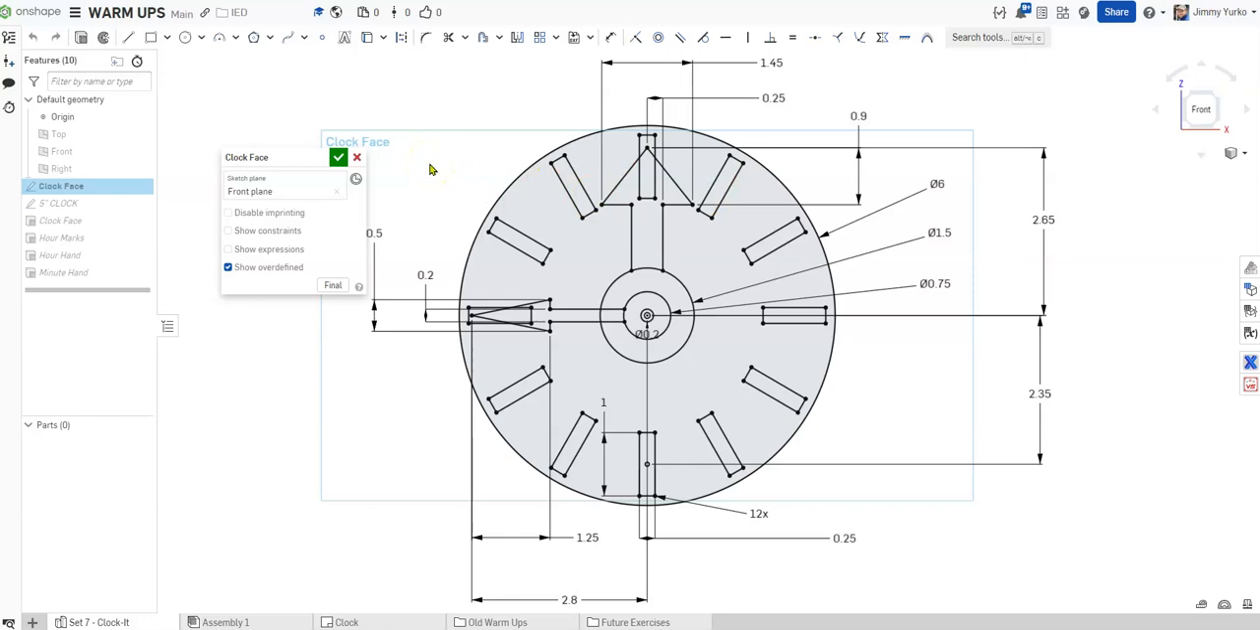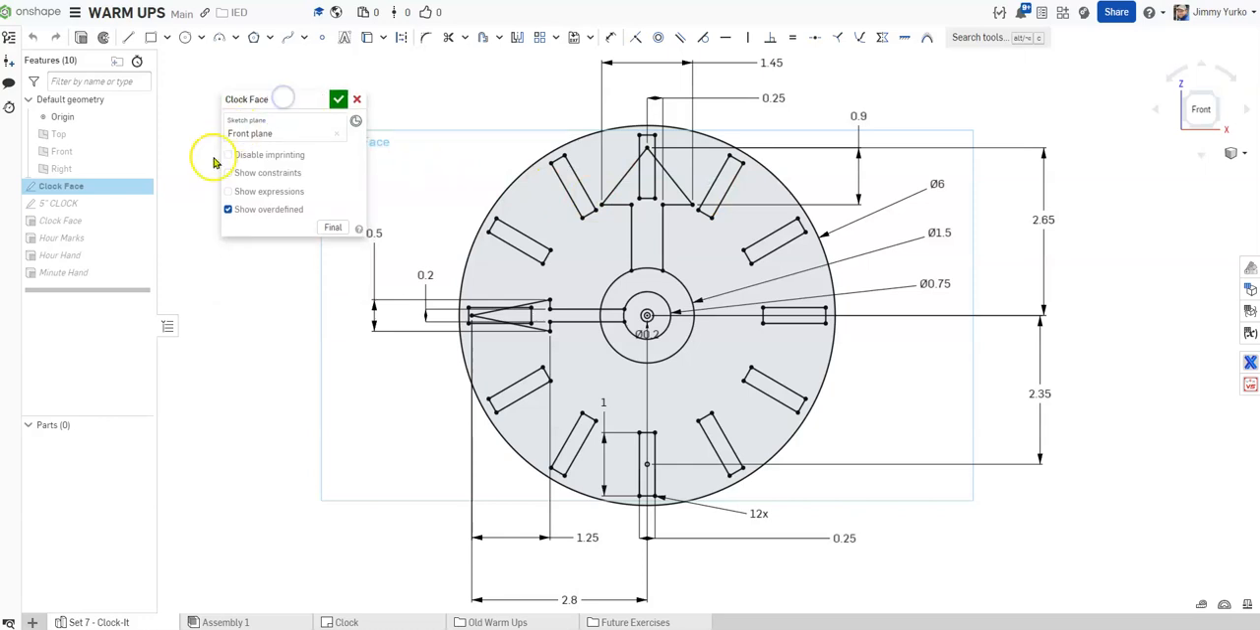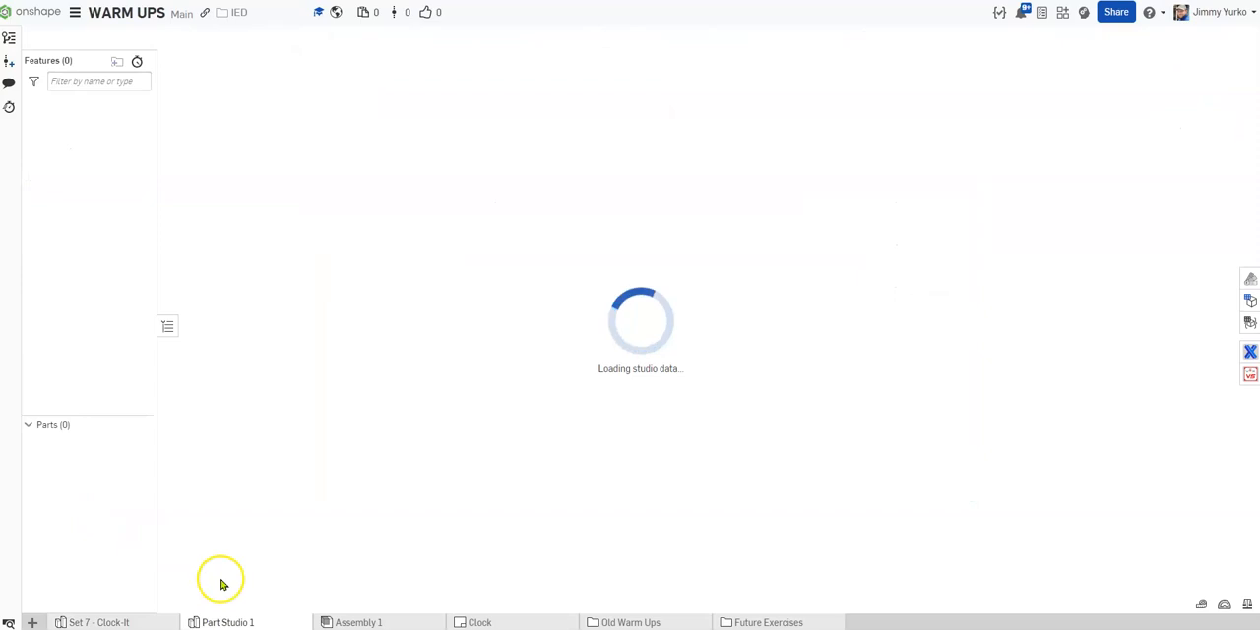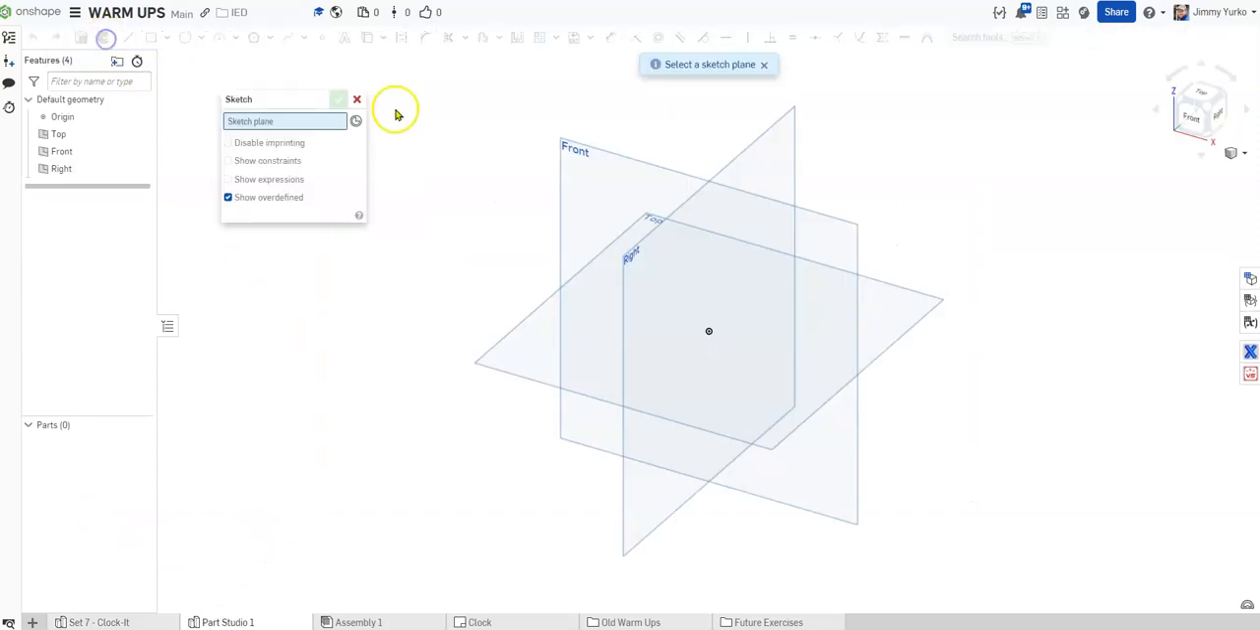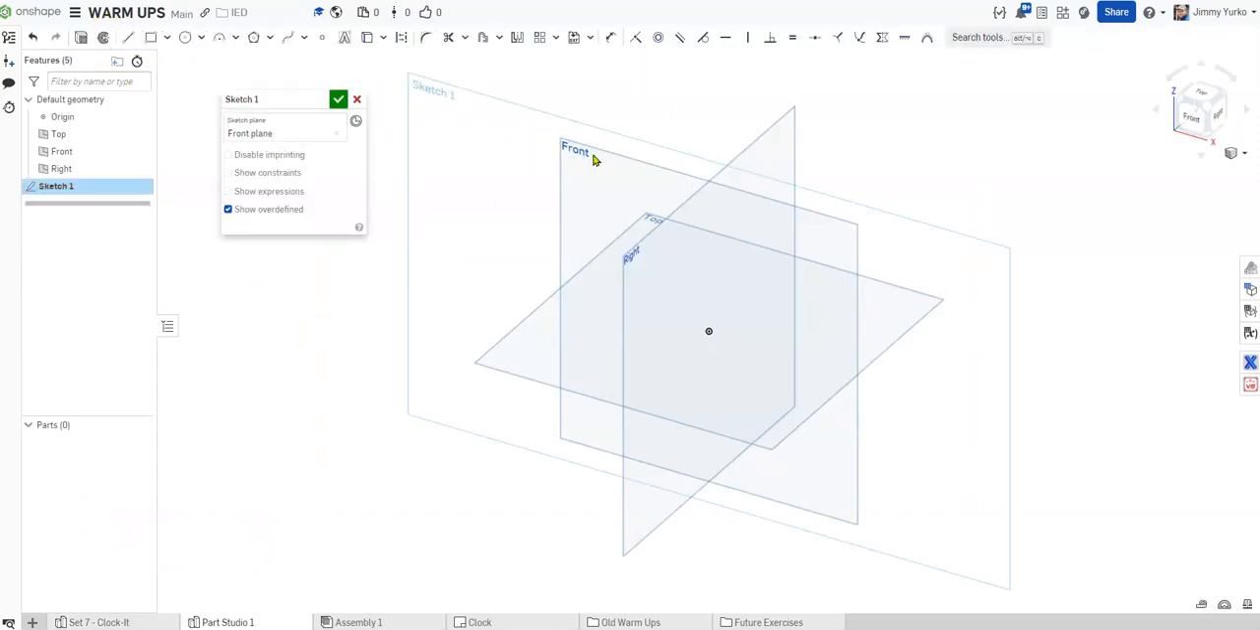The information here is all posted onto a single sketch. You can see that we call this the one sketch clock. I actually have two clocks defined in the model shown here, but I'm going to show you how to do it from one. So, in a clean new Parts Studio, we're going to create a sketch on the front plane,